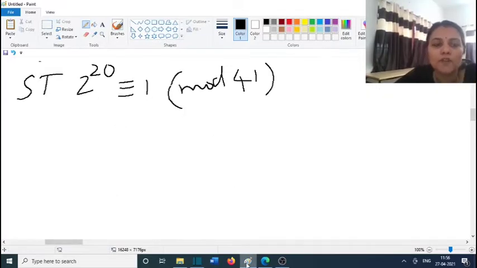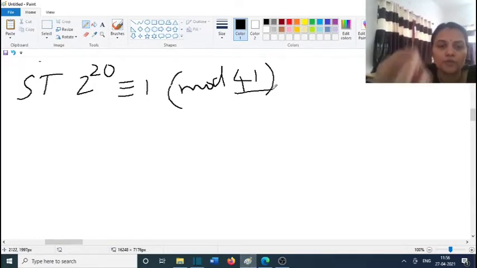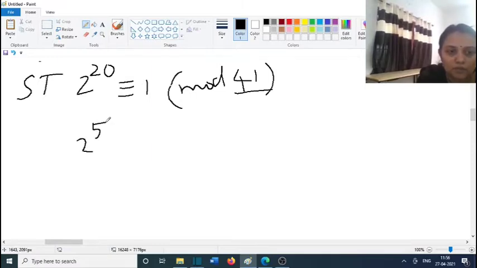Next problem is show that 2 raised to 20 is congruent to 1 mod 41. We know the power of 2 near to 41: 2 raised to 1 is 2, 2 square is 4, 2 cube is 8, 2 raised to 4 is 16, 2 raised to 5 is 32, 2 raised to 6 is 64. So 2 raised to 5 is near to